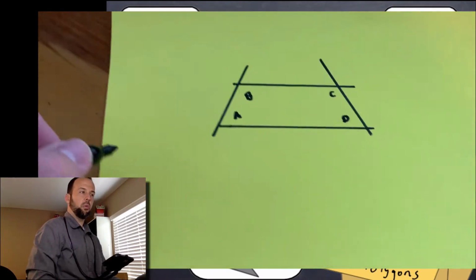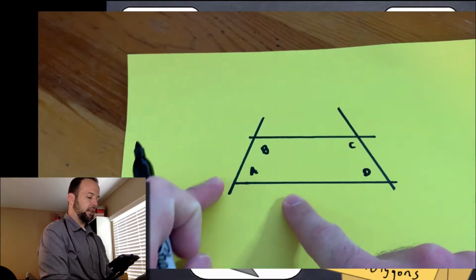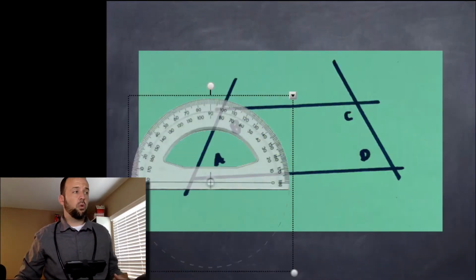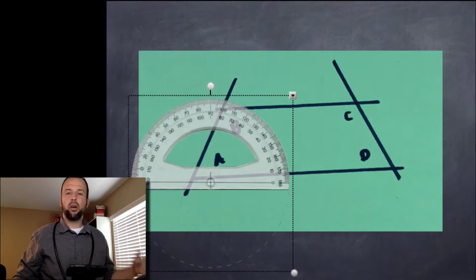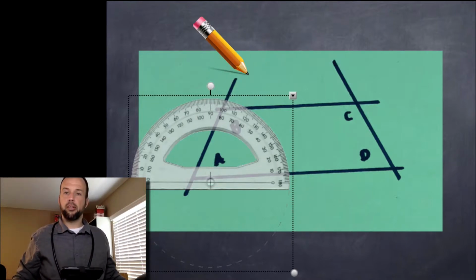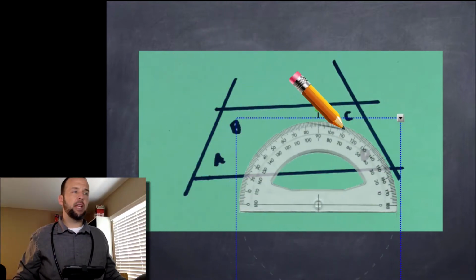So if I wanted to measure these now, I could take my protractor and I can lay it out here to measure these shapes. Now, unfortunately, Mr. Walker forgot his protractor up at school, and I'm at the home office today, but that's okay. We're going to make it work because I'm going to put my picture in here, and then I could use my virtual protractor to help me out. So I want to measure all the different angles on this